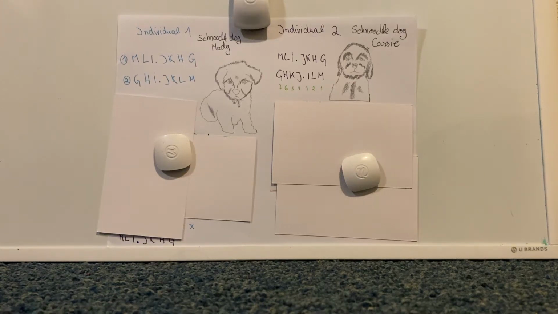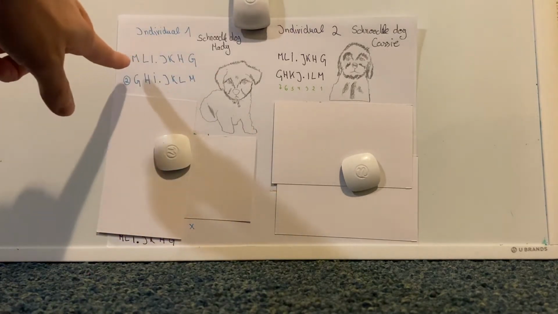Hello, YouTube. The other day, somebody asked me which one of his recently acquired schnoodle designer dogs he should breed. So we went through some genetic testing, and Maddie and Casey were tested. Individual 1, which is Maddie, an adorable little puppy, has genetic code